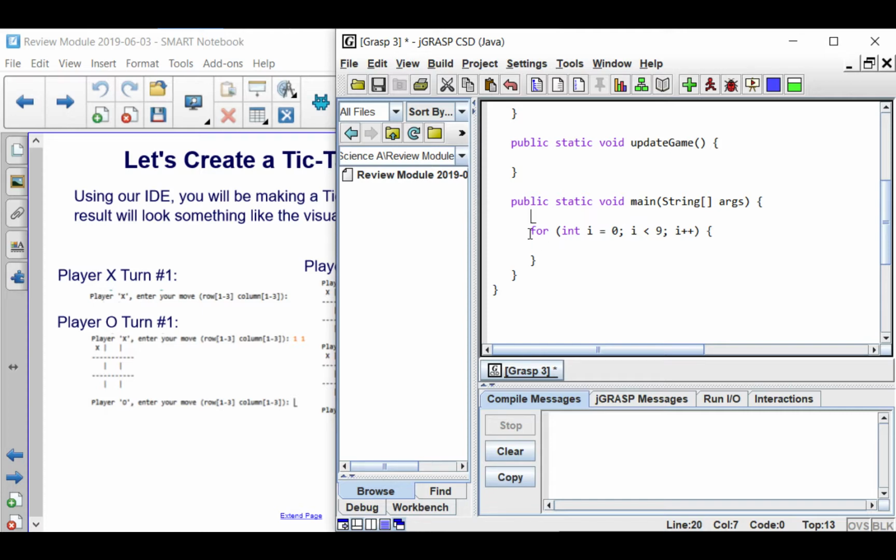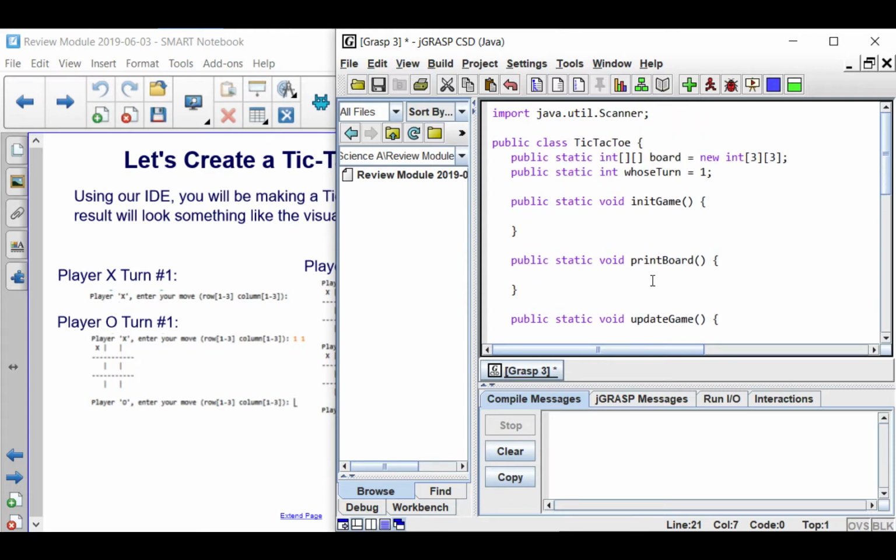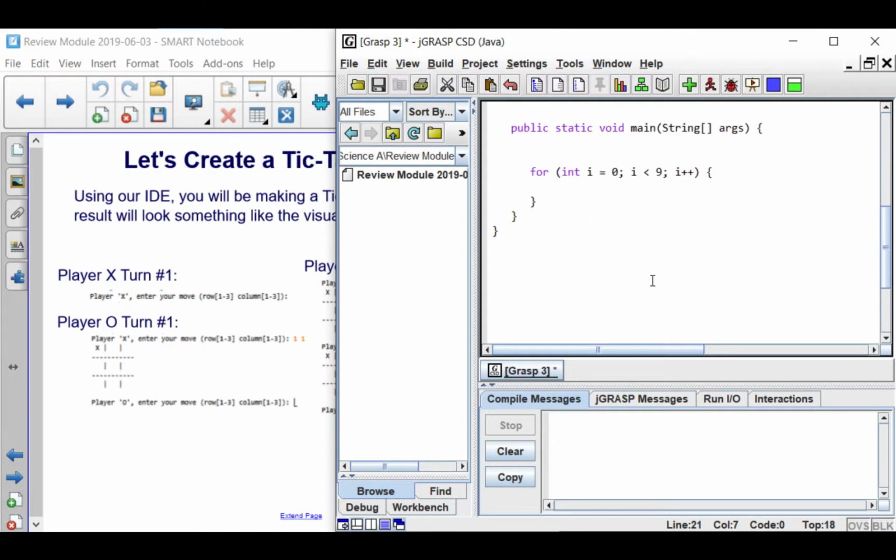So to do that, we're definitely going to want to call init game once. So yeah, we could just put that directly before the for loop. So init game. And then within the for loop, we definitely want to be checking at some point if I